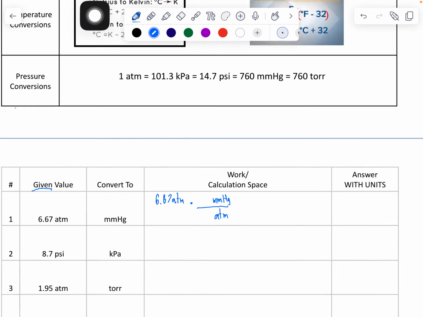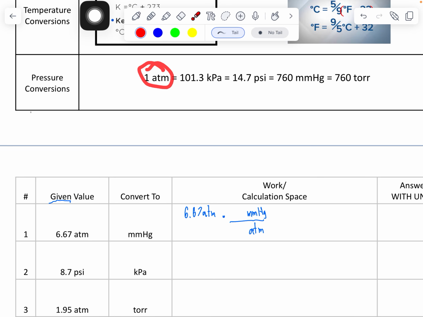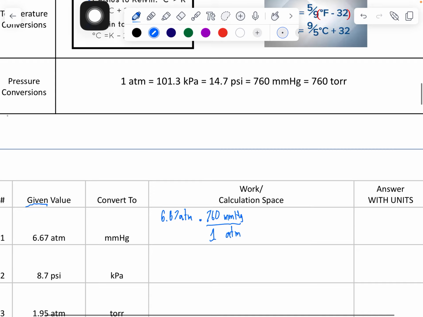Now we look at how many atmospheres for how many millimeters of mercury, and we plug those in. It is 1 atmosphere for 760 millimeters of mercury. Now we can pop this into our calculator, take 6.67, multiply by 760, and we get our answer,